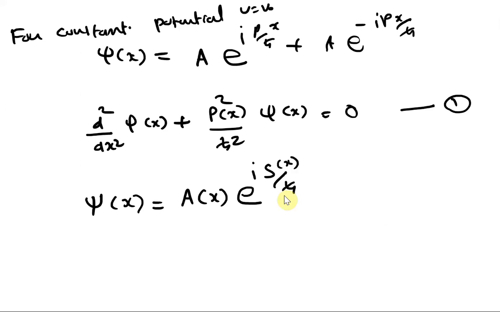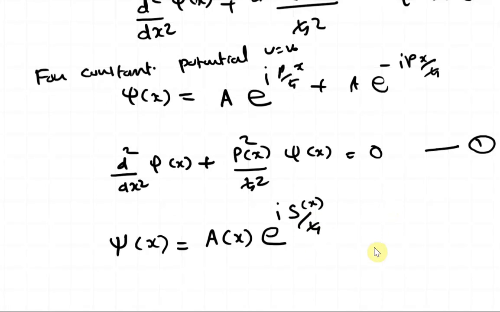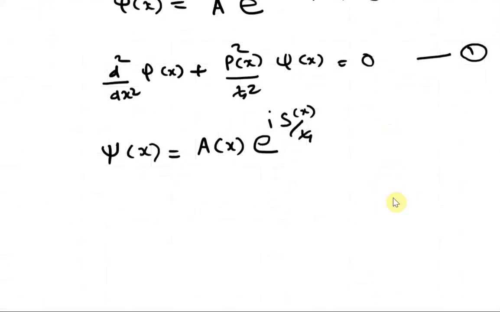S is a function of x, so no need to write that x explicitly. It's going to be a function of x. Okay, so this is going to be my general solution for a slowly varying potential kind of. So what we have to do now is nothing but substitute this equation into our Schrodinger equation